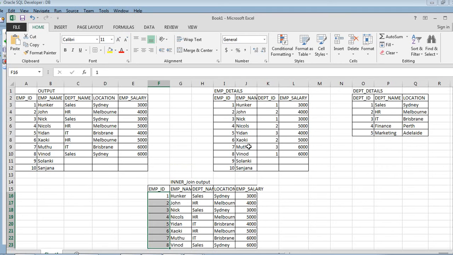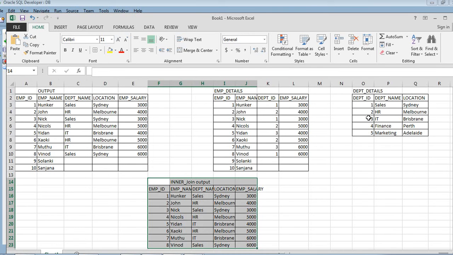Means the employee IDs for which the department ID has been assigned, only for those we have received data using inner join, where the department ID is allocated, and for those cases we can retrieve the value using inner join from both of the tables.